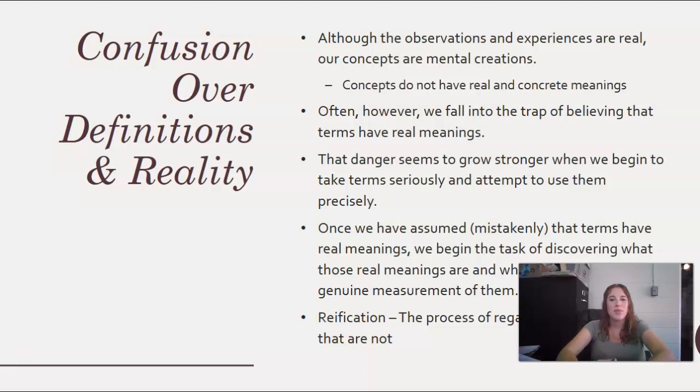Going back to our example of a criminal, we know a criminal means somebody who is committing illegal acts, but unless we specify exactly what we're talking about, we all have a different image of a criminal, and so this is going to be considered reification. It's really common in everyday life. It's normal. It's totally fine because it helps us understand what each other are saying. It's just not okay when we're doing science. So we want to make sure that we are able to take these abstract concepts and specify them down to the nitty-gritty.